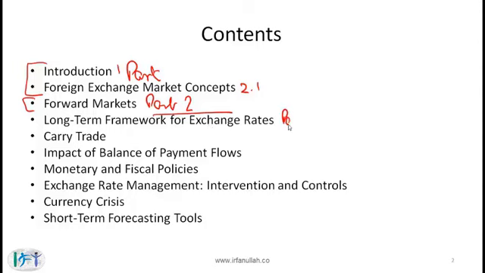Then in part 3, I will go over the long-term framework for exchange rates. This corresponds to section 3 in the curriculum, and this is a relatively long segment. It covers purchasing power parity, various other parity relationships and so on. So this is actually critical, and I think from an exam perspective you need to be on top of this